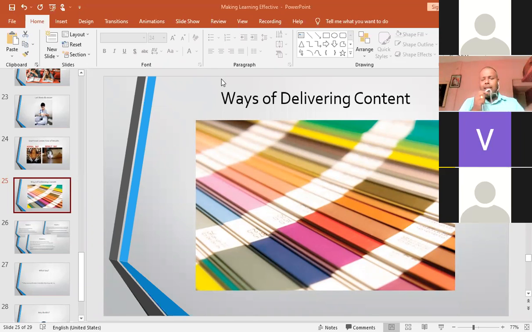Okay, somebody has asked me to explain the same slide again, that is delivering the content. So just to let you know, suppose you are teaching them about the water cycle. If it is class 5 or class 3 and you want to teach them, or you want to know what they know about the water cycle, which they actually did in the primary grades, don't start your class with the water cycle.